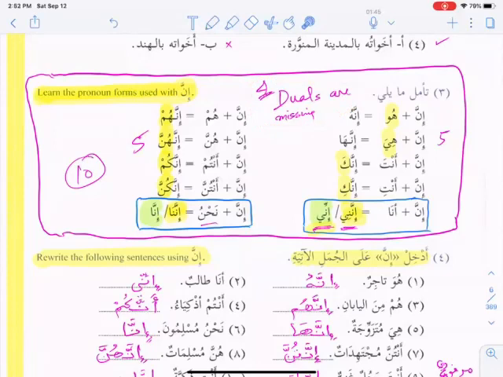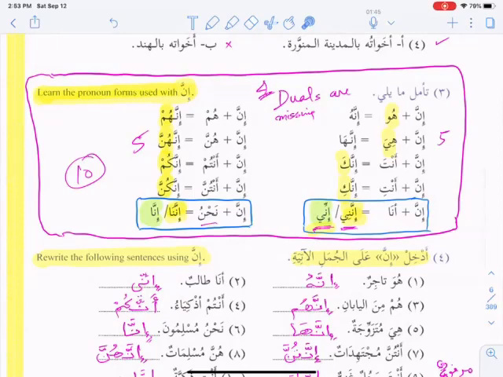The duals are missing because the use of dual is less. So Dr. Abdurrahim decided not to put duals, but our teacher used to say, no, you must conjugate in sequence. What is the sequence? Huwa, huma, hum. Hiya, huma, hunna. Anta, antuma, antum. Anti, antuma, antunna. 4 duals,